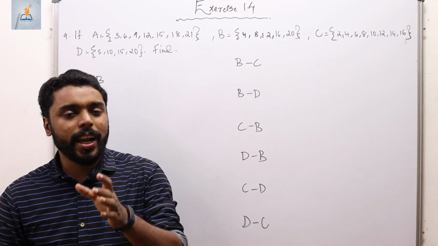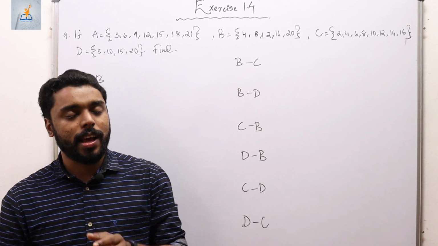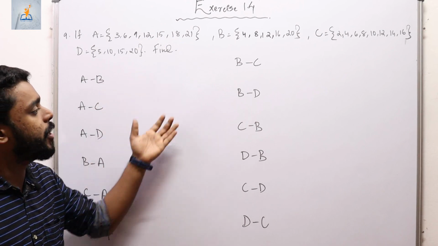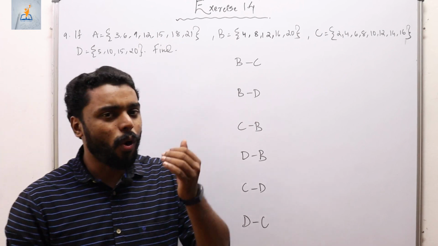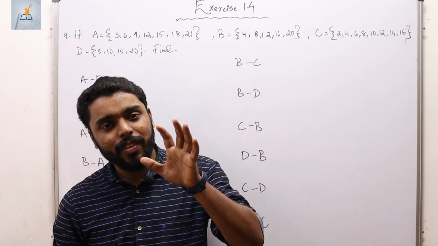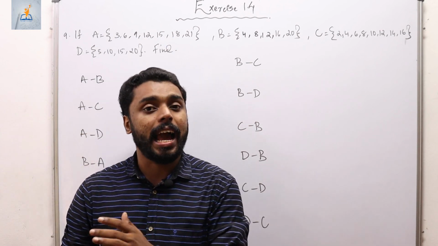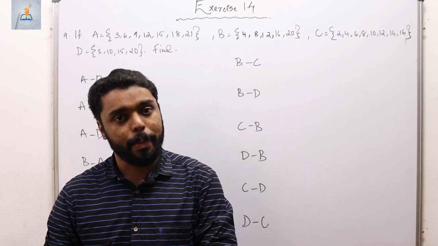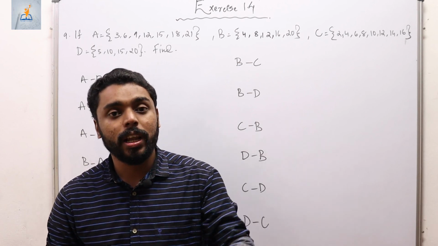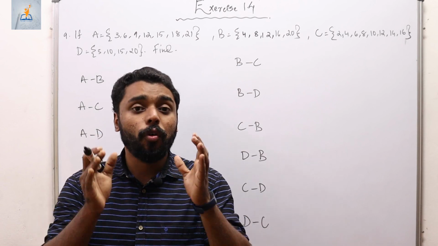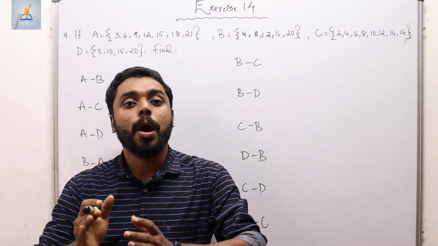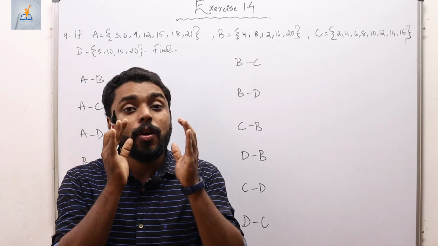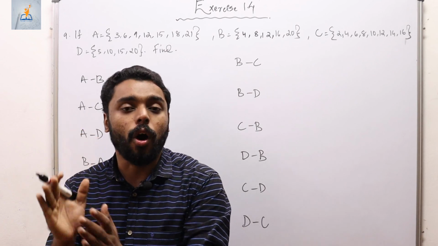Now coming on to the 9th question of your textbook, the question asks you that we are given 4 sets and we have to find all these differences. Also always remember that whenever we are given 2 sets A and B, the difference of those 2 sets is denoted by A minus B, and we call A minus B the set of all elements which are in A but not in B. Similarly, B minus A is the set of all elements which are in B but not in A.